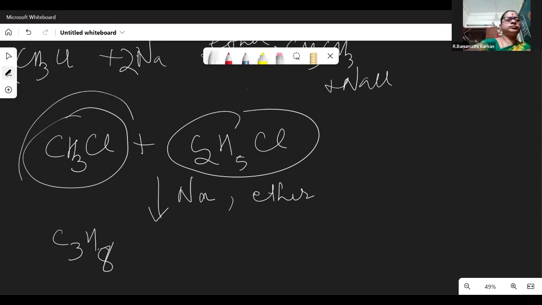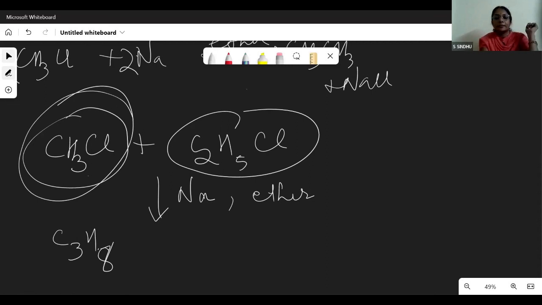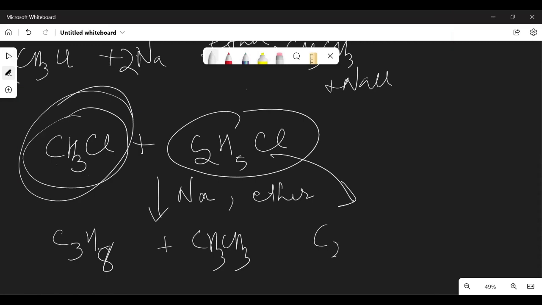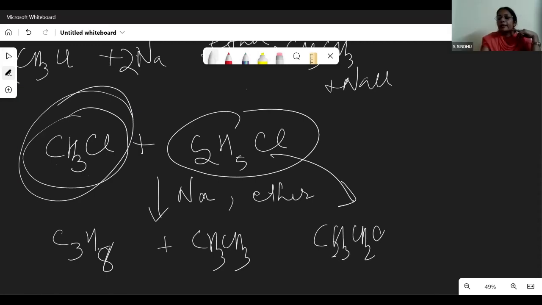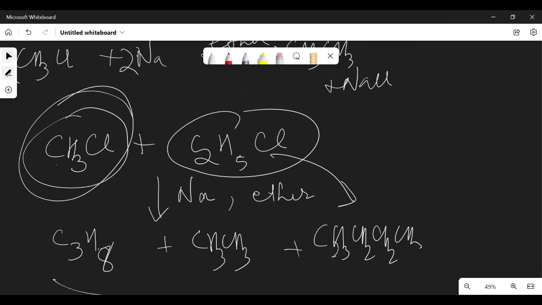We can have a self-combination, right? You'll have many molecules. So we can have a self-combination between chloromethane molecules, that will result in ethane. And a self-combination of chloroethane molecules will result in butane, right? So there's a possibility of a mixture of alkanes coming in when we are going in for Wurtz